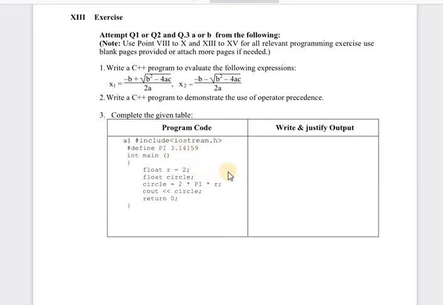So what is the formula to calculate the circumference of a circle? It is 2 pi r. So here we are writing 2 into pi. In that 2 into, the compiler takes the value of pi, that is 3.14, and into r. Again r is 2. So 2 into 2, 4. 4 into this pi, 3.14. So what is the answer of this? The correct answer of this is 12.56.